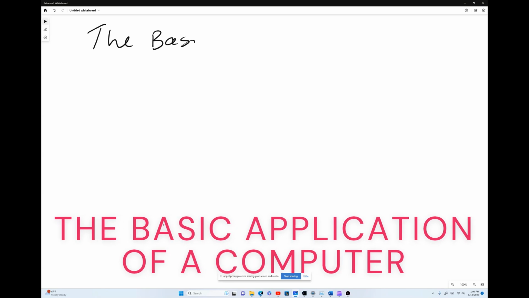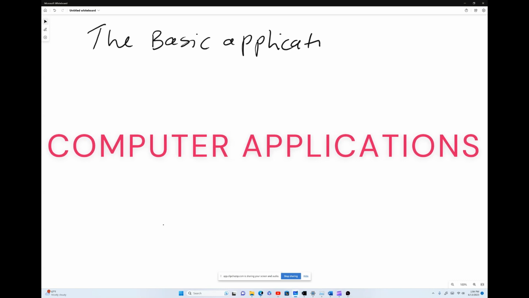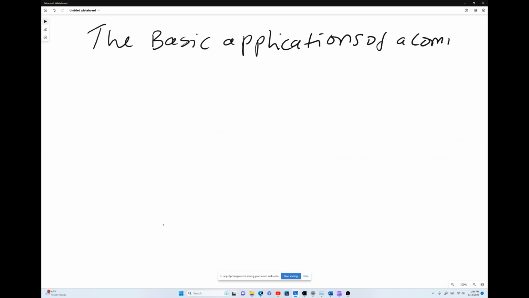Basic applications of a computer. So when we talk about the basic applications of a computer, here I mean computers have a wide range of